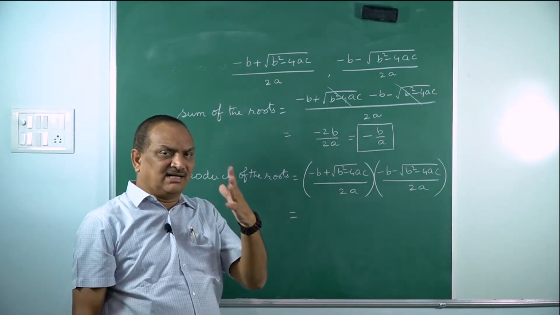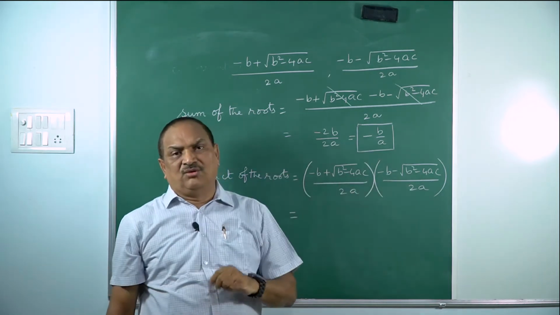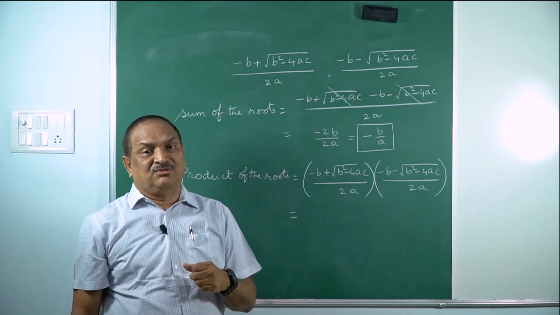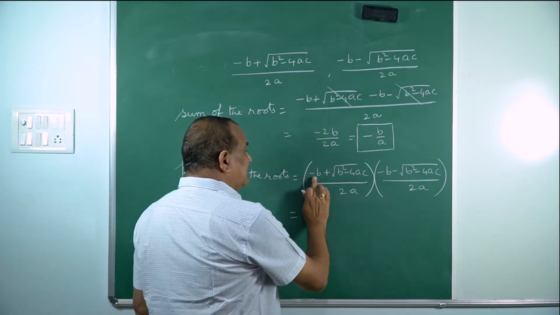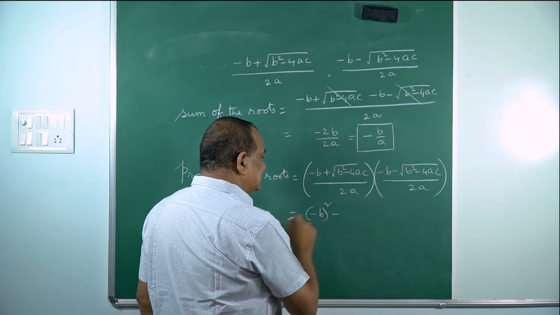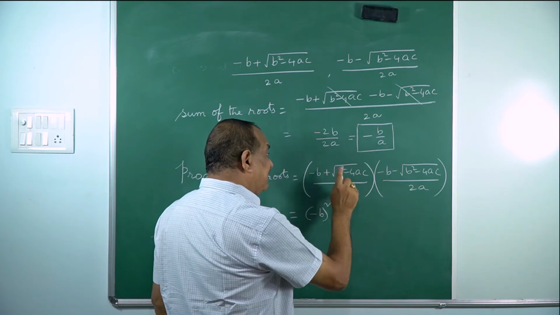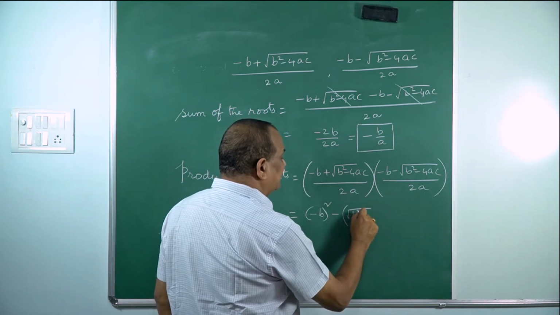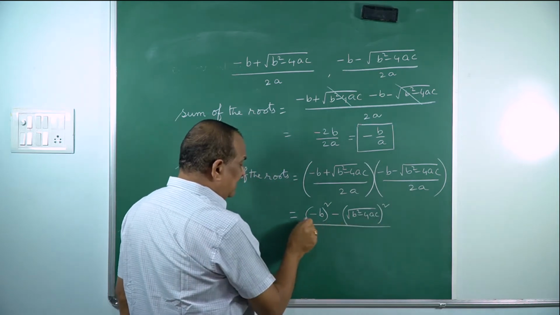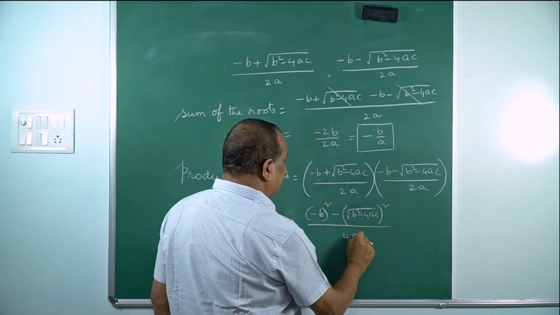It's quite easy if you understand the logic, because this is something like p plus q, this is p minus q. Okay, a plus b times a minus b, a square minus b square. So how I do this is square of the first one, minus b square, minus, because p plus q into p minus q is p square minus q square. The second part squared, root over b square minus 4ac squared, by denominator 2a times 2a, 4a square,